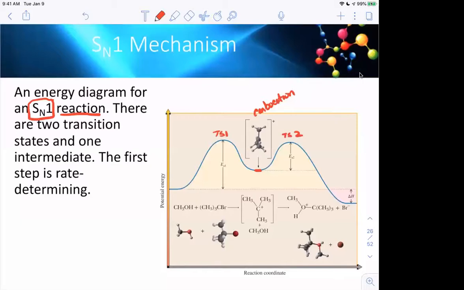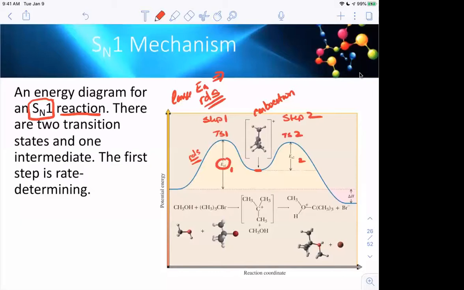So right there, I have energy of activation 1, right? My larger EA is going to be for my rate determining step. That energy of activation is higher, so it's harder to get over. So that's going to control the rate of the entire reaction. As soon as a carbocation forms, boom, it's going to react because that energy of activation is markedly lower. This is my rate determining step. So this would be step 1, and then this would be step 2, just as we saw in the first